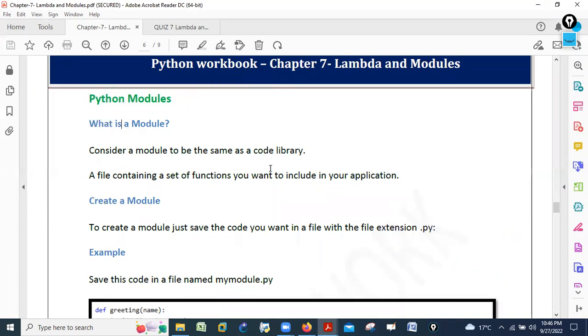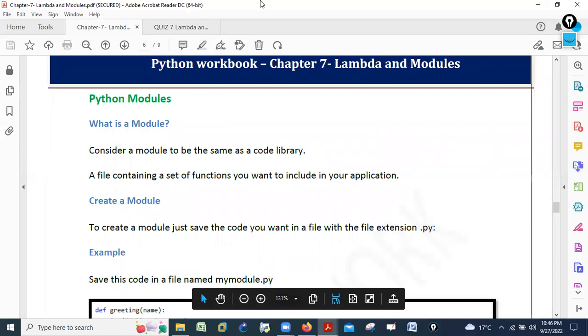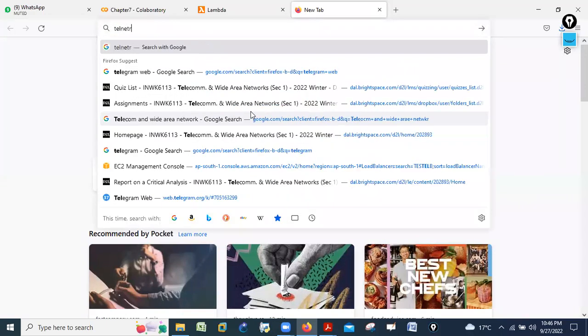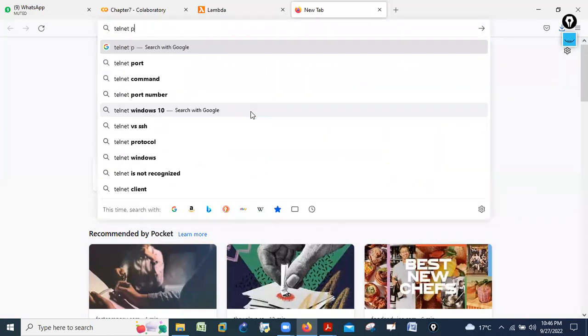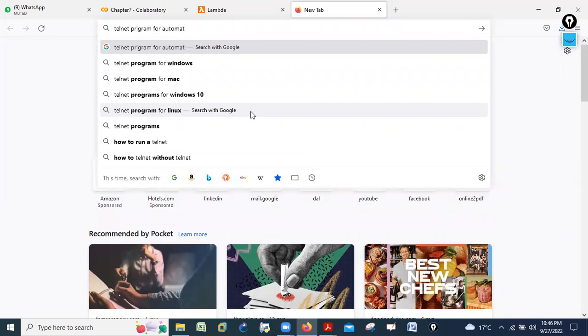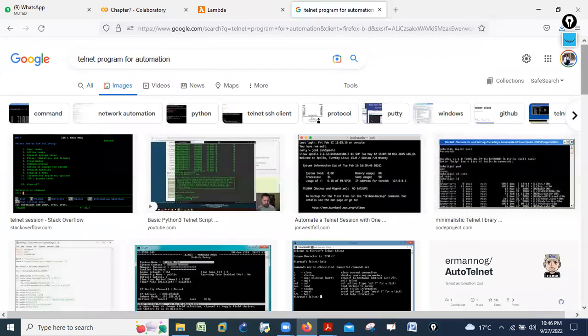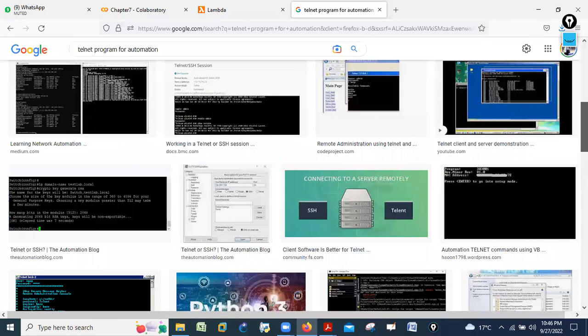If any person knows about automation, let me tell you, for example, the telnet program for automation. Let me go into the image and show you if any program is there or not.